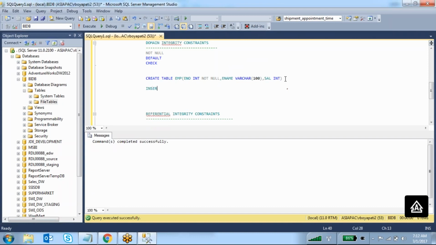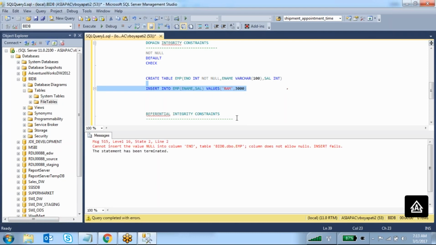Now I am trying to insert the data. Insert into EMP and the list of columns. For example, I want to insert data into only employee name and salary, values a name, comma, 3000. See what will happen.